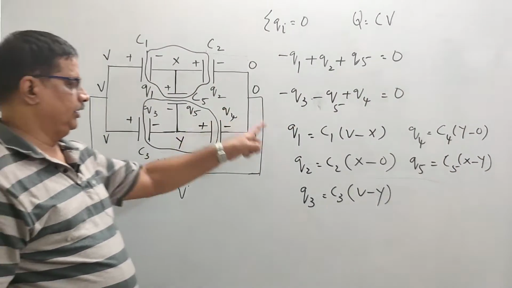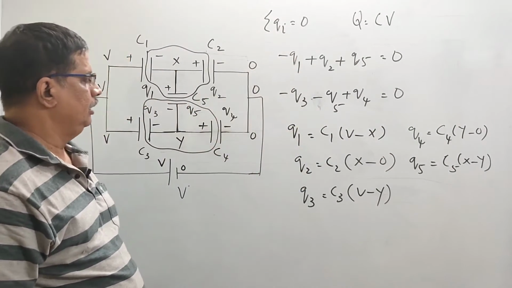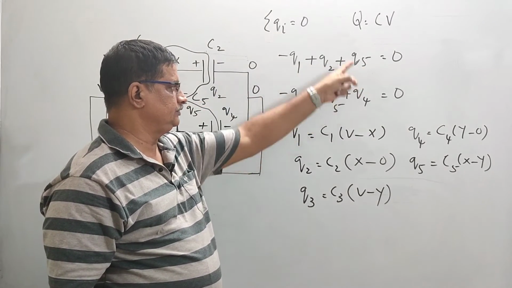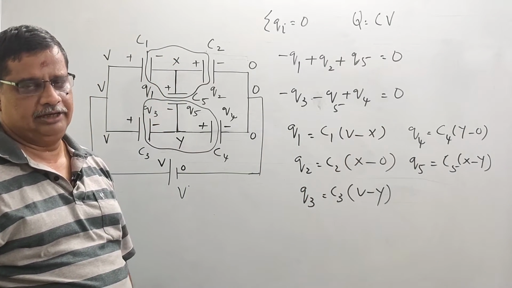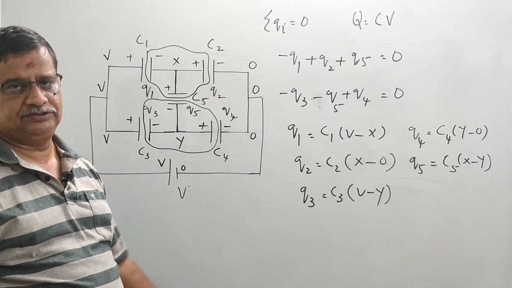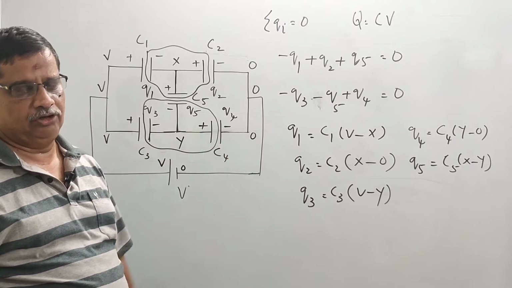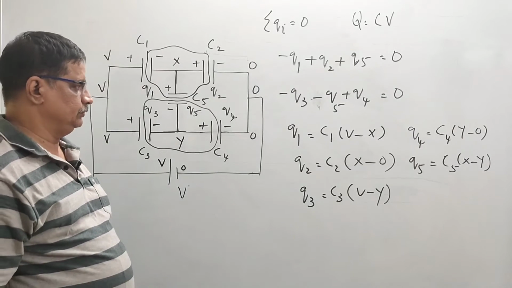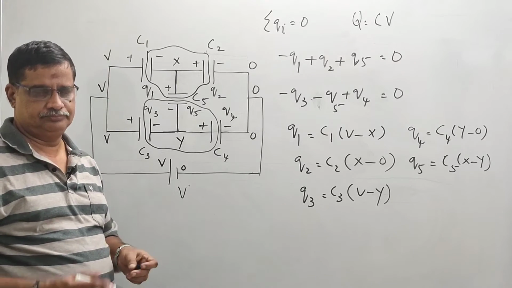So we have 1, 2, 3, 4, 5 charges. We have 5 equations here, 2 equations here. We can substitute Q1, Q2, Q5 in Q3, Q4 in these equations by using these 5 and solve to get the individual charges, and using the same method we can find the equivalent capacitance of the system also. So this is a very important method, which is known as the nodal analysis of capacitor circuits. So let us now apply this to solve a circuit and find the charges on each capacitor.